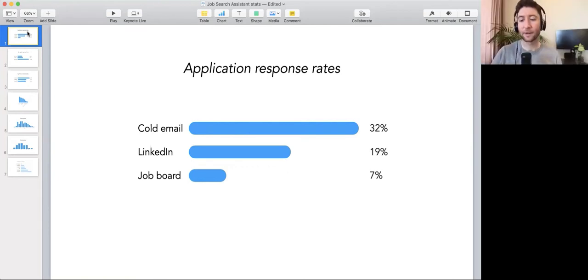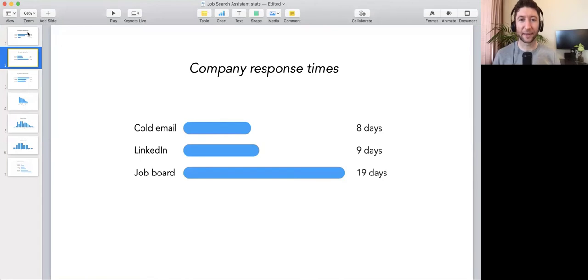Awesome. And I think that context of who you're reaching out to is going to help to explain maybe the next plot that we're going to look at here, company response times, right? So maybe I'll just tee you off with this and ask, like, what is there's obviously, it seems like we're getting way faster responses